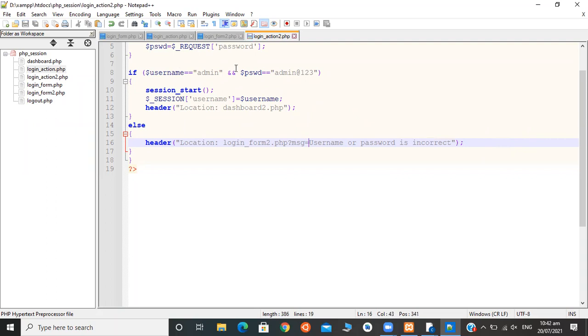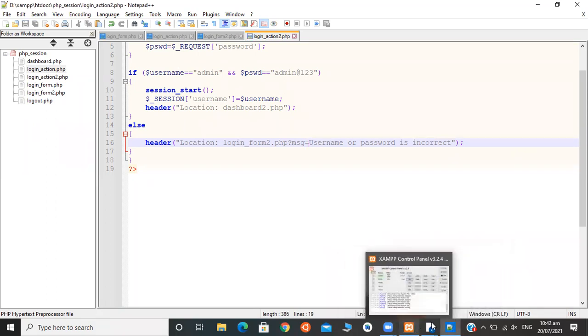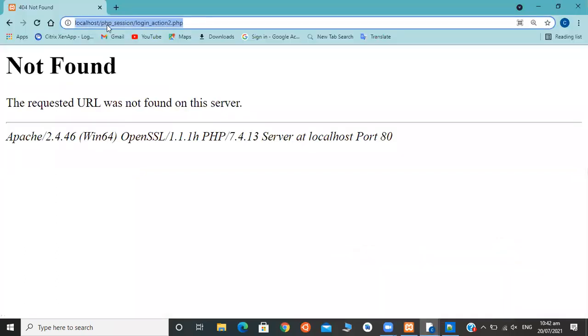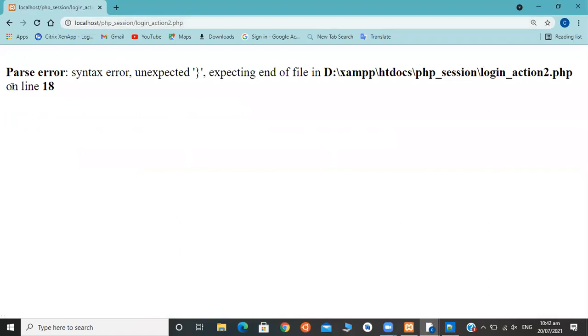Let's save it. Let's check. We are getting a syntax error on line 18.